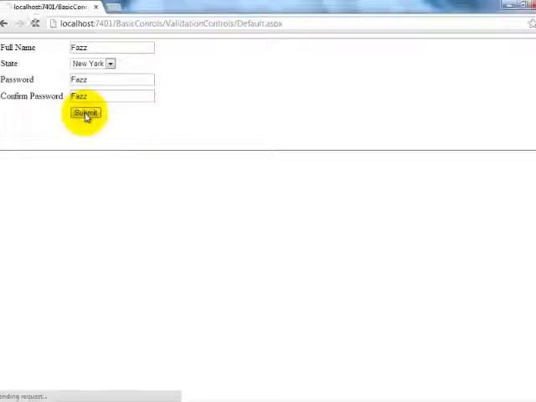Okay, see here, I'll not give the confirm password. I'm trying to submit the form. It will be an error or not, because these two values are not same. But can you see there, the form is submitted to the server.